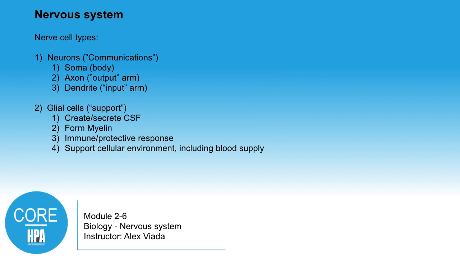So, what are the types of nerve cells that comprise the central nervous system and peripheral nervous system? Well, there are a huge amount. And in fact, one of the most fascinating things is that we still, to this point, are nowhere near categorizing every type of nerve cell that is located in the brain. There could be hundreds and hundreds, if not thousands, of types of neurons within the brain that we still have not actually managed to categorize.